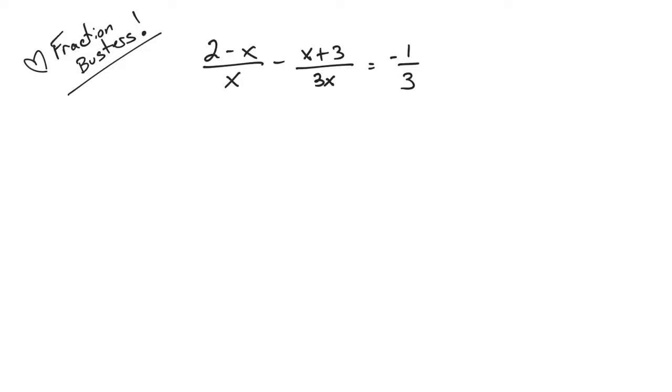This problem is slightly more complicated because in the numerator of each of these fractions you have multiple terms. So you have a binomial up here and you have a binomial up here. Also, you have a negative sign out in front of this group that we have to handle carefully. Our overall strategy does not change, however, in that the first thing we need to do is figure out what